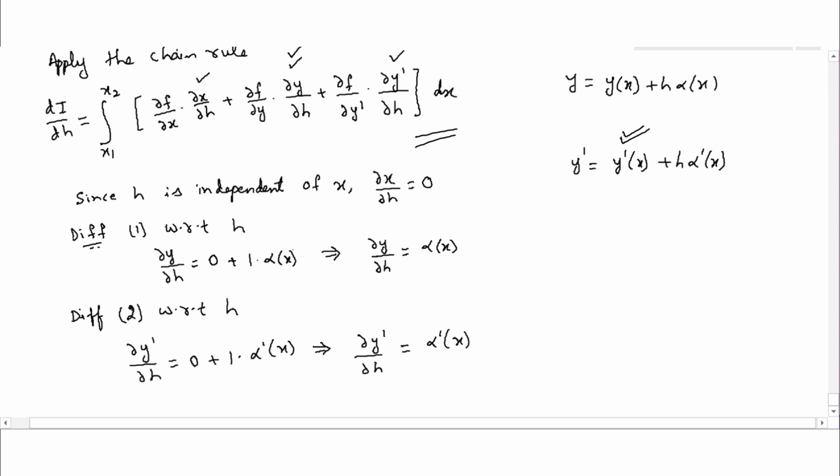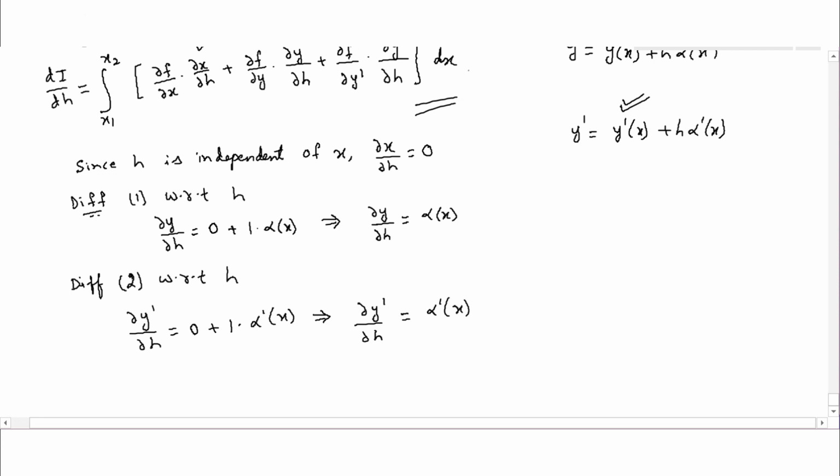So these two values I'll try to plug in back over here in this particular equation. If I substitute there, I need to plug in back over here in this equation. Let me take this as some equation number, maybe equation number 3. So equation number 3 will imply, we have di by dh as it is,